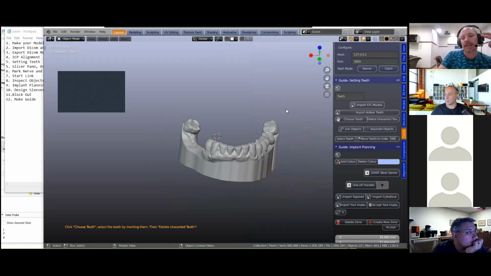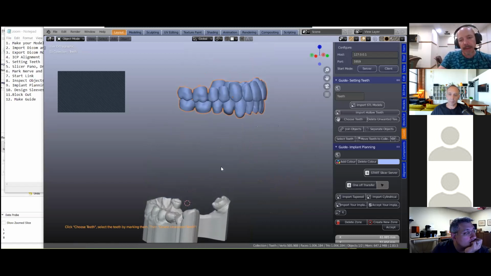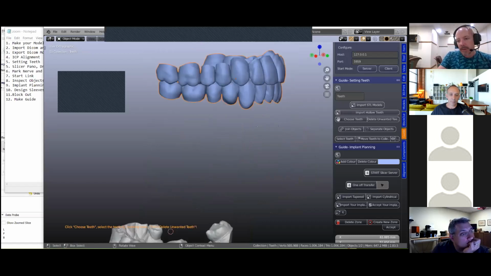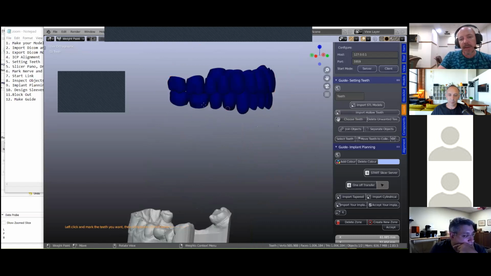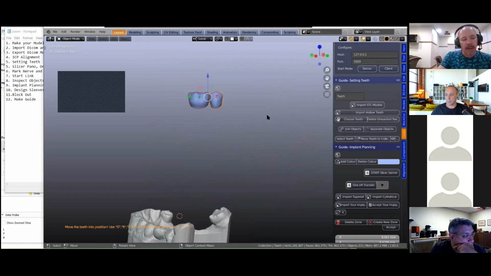Select a few teeth and then delete the unwanted teeth. So I'm going to go up here and we're going to choose teeth, this one and this one, and we're going to then delete unwanted teeth. And then following that, I'm going to view this from the top view,